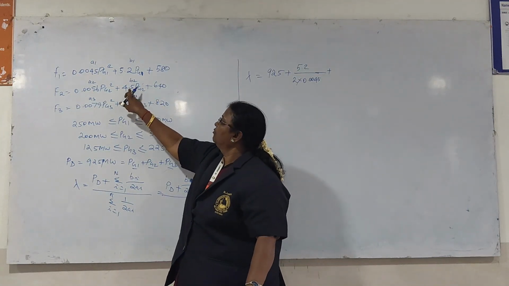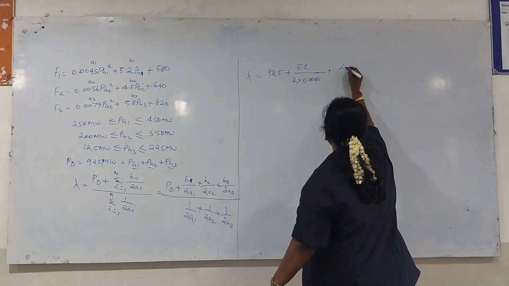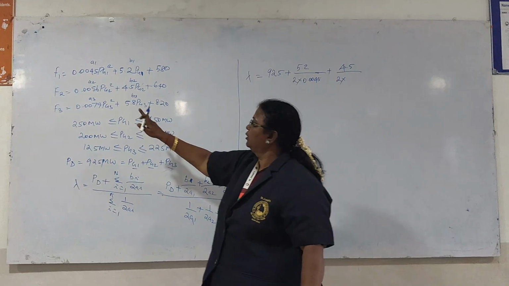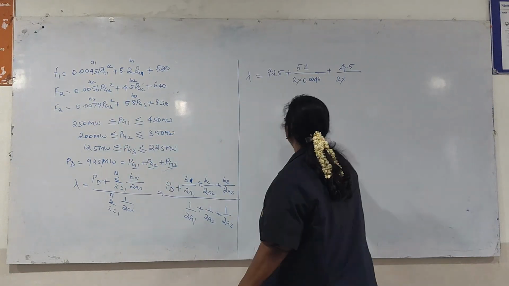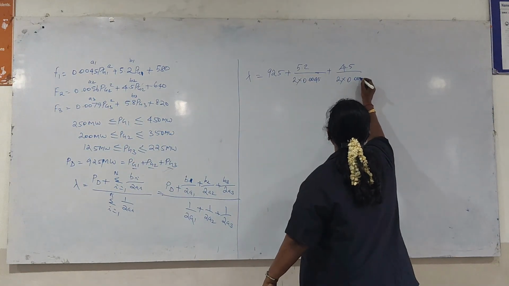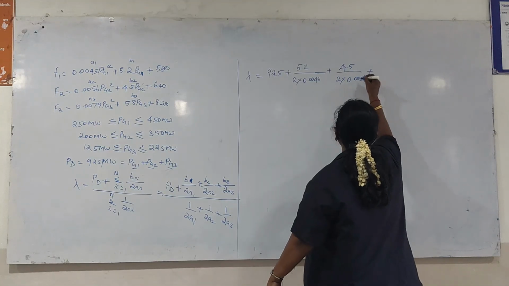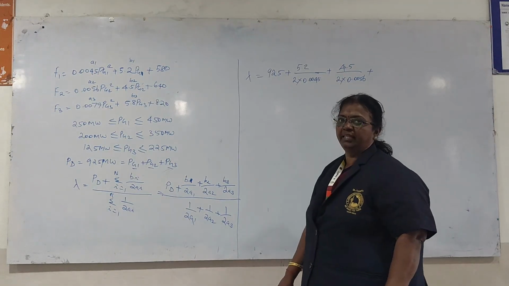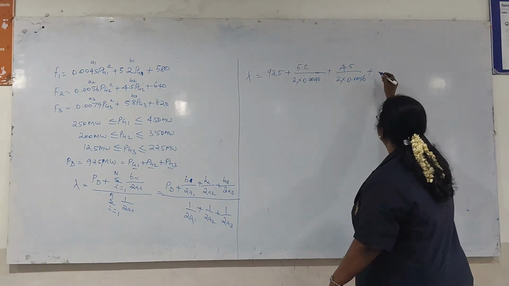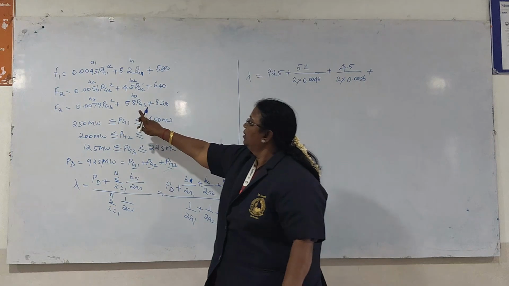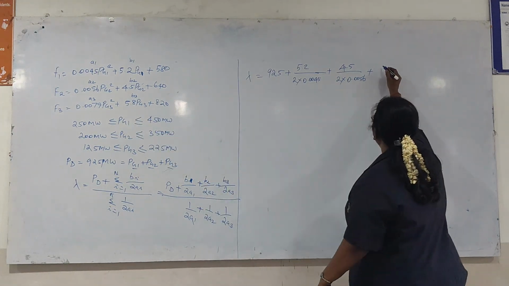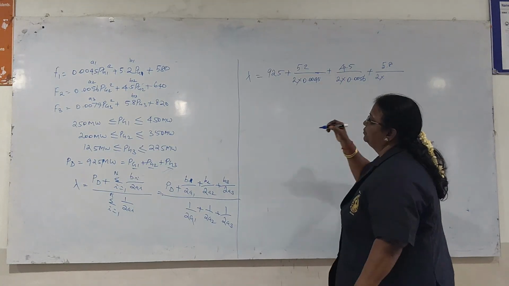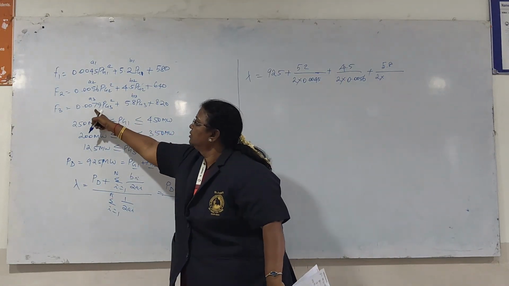B2 is 4.5 divided by 2 into A2. A2 is 0.0056. Okay, plus B3 by 2A3. B3 is 5.8